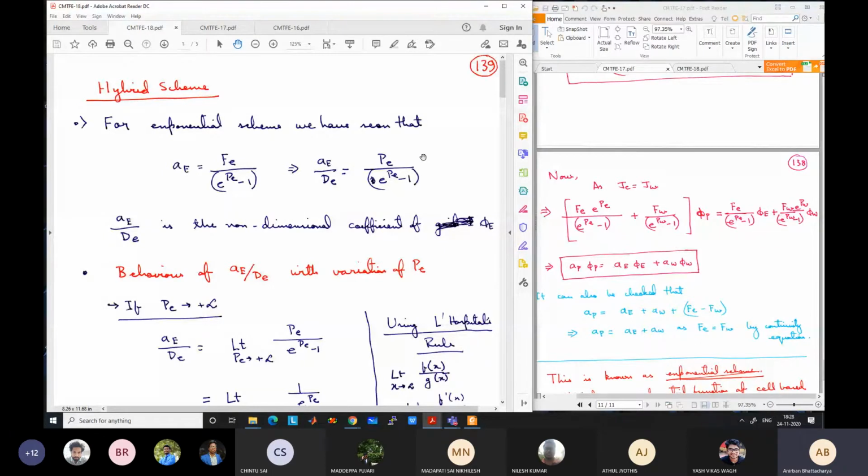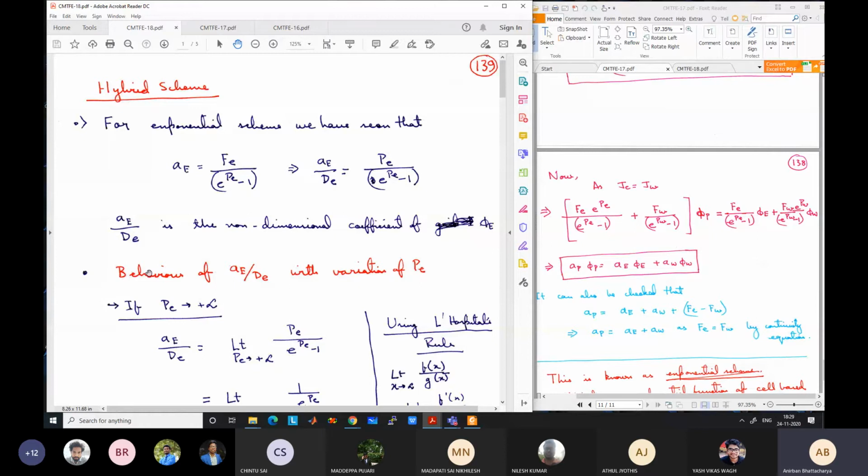So how does that actually look physically? This is a mathematical term, but we want to see what the plot for that is. I can just plot it in MATLAB also, but we can even try to take some limiting values and try to understand what happens. I can try to plot this value in MATLAB to see the variation for different values. We'll do it later, because today we have sufficient time.